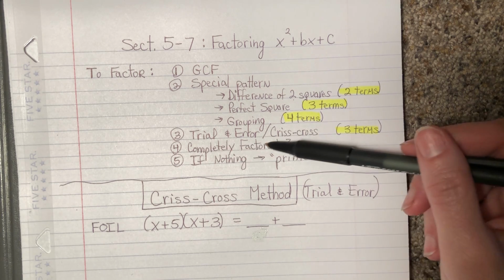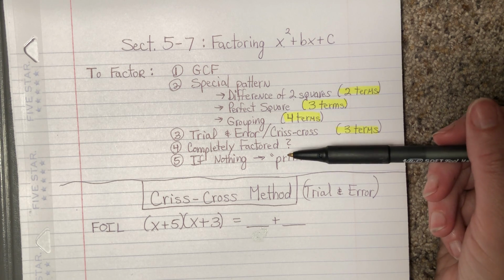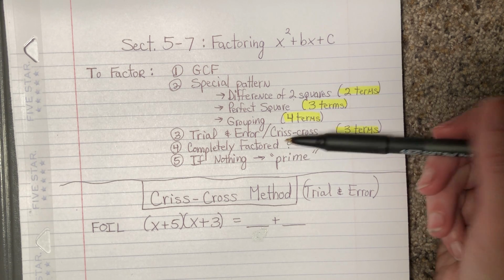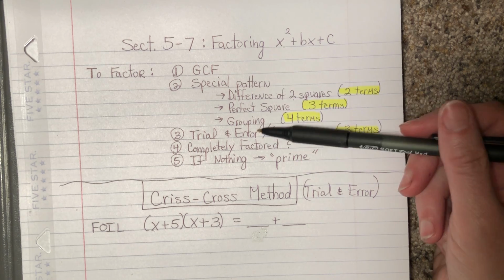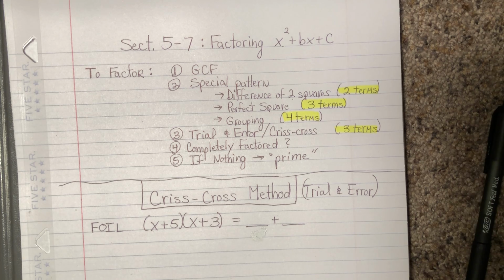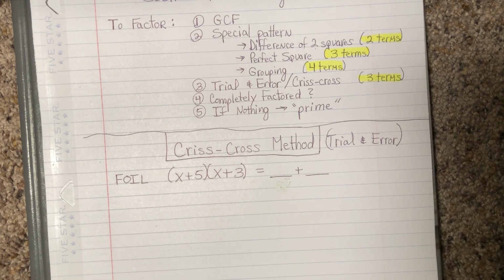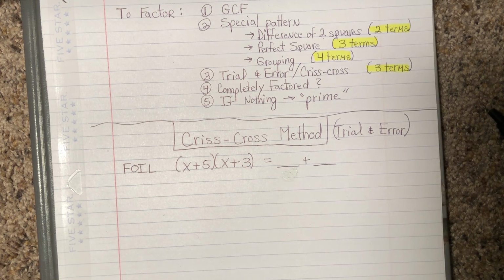Then you're going to make sure your problem's completely factored, and sometimes they go farther, right? You can break something down again. At the very end, if you can't do any of these things, not even a GCF, then you would say prime. All right, now, starting with the Criss-cross method, formerly known as trial and error, I'm going to show you